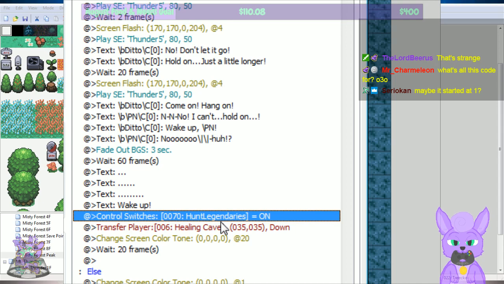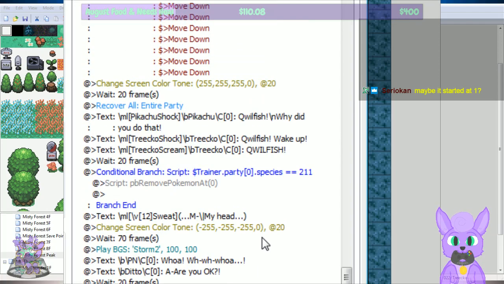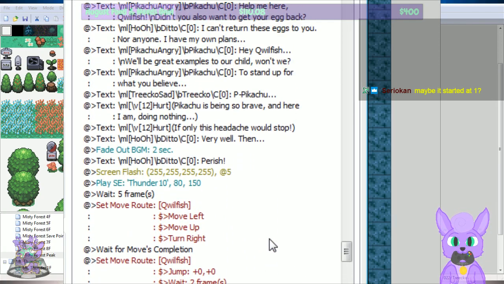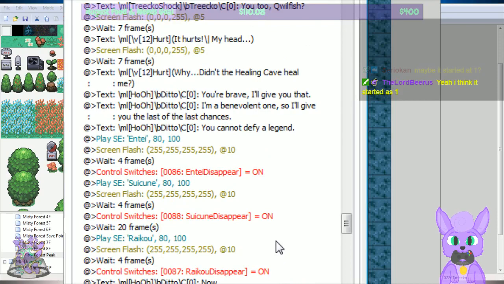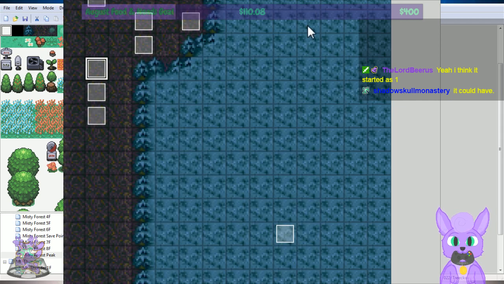Control switches hunt legendaries equals on, so that's what triggers basically being able to go to the mountains. I'm wondering if defeating Ditto counted as another variable and that's just intentional. Or, you know what's also possible is that maybe the variable started at 1, which is probably an accident if that's the case. Actually, if that was an auto-run event, it should have triggered when I was...